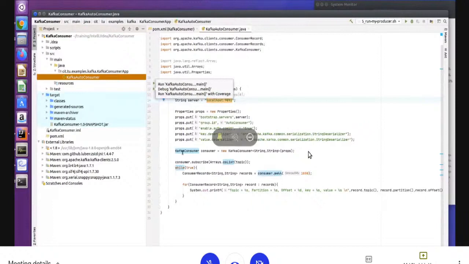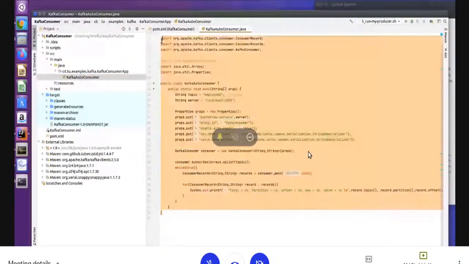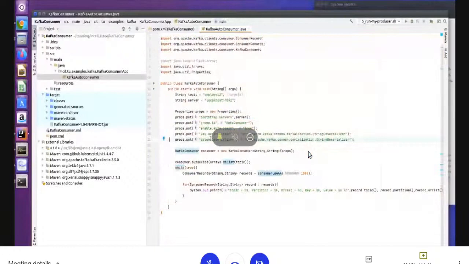This is the code for the consumer, right? I'm showing you the consumer code first, right? So here you can see, I'm passing this, a very easy step. First, what we have to do is get the topic. You have to tell the server, so what is the server IP and port number, right? And you have to set your properties. These are the properties you have to set, right? So once you set the properties, after that, you will create the consumer object, right? I'm creating the consumer object here, right?